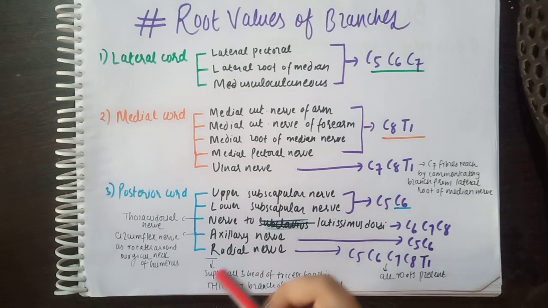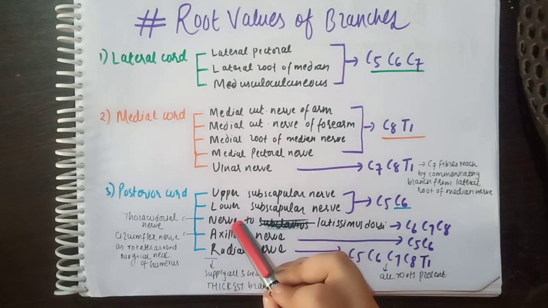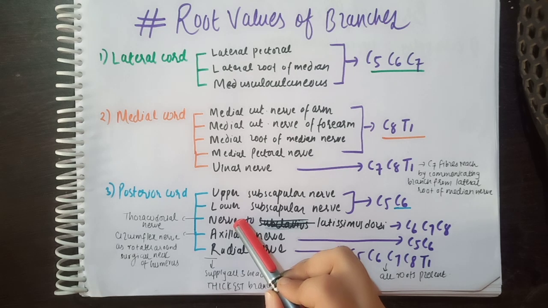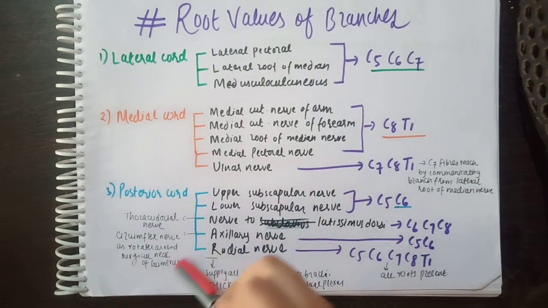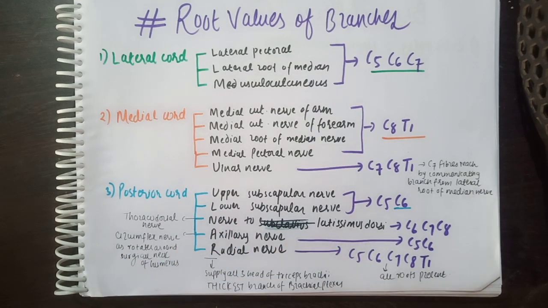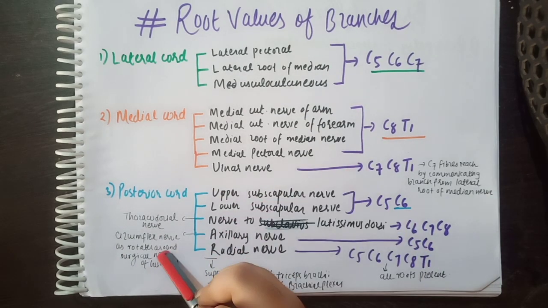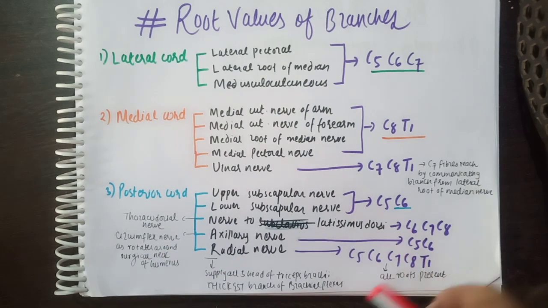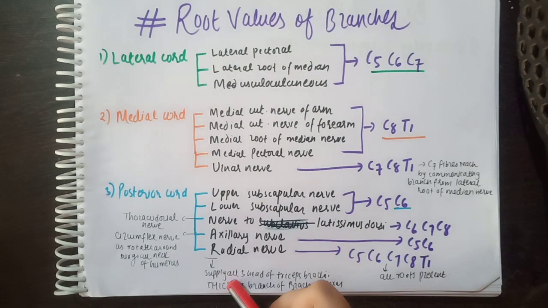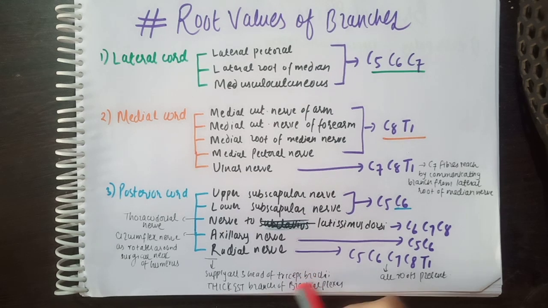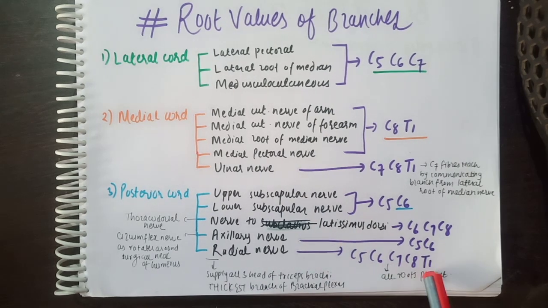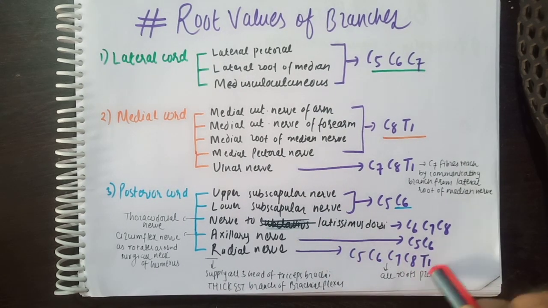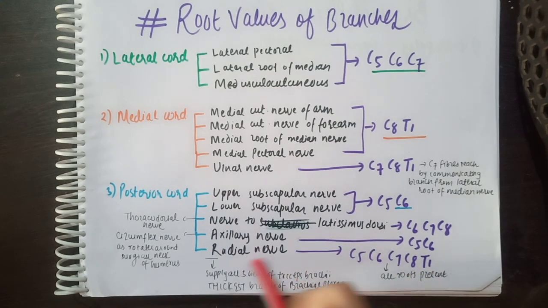Now it is important to remember here that nerve to latissimus dorsi is also called thoracodorsal nerve, and the axillary nerve is also known as circumflex nerve. The axillary nerve is known as circumflex nerve because it circles around the surgical neck of the humerus. And the radial nerve supplies all the 3 heads of the triceps brachii and is the thickest branch of the brachial plexus. Why is it the thickest branch of the brachial plexus? Because it includes all the roots C5, C6, C7, C8 and T1. So now you can remember the radial nerve root very easily.